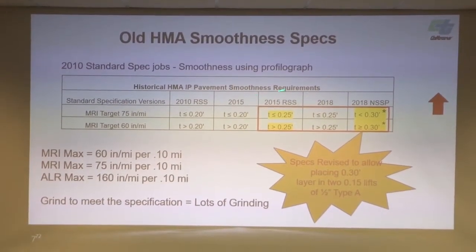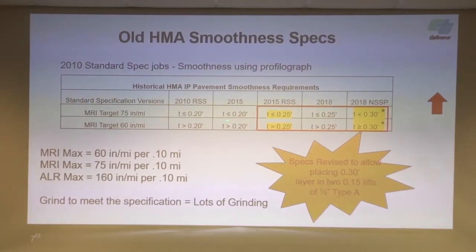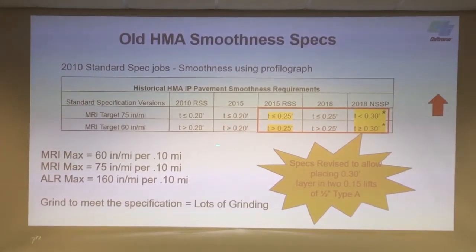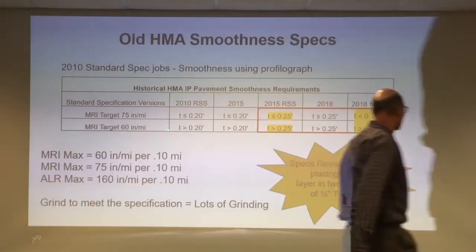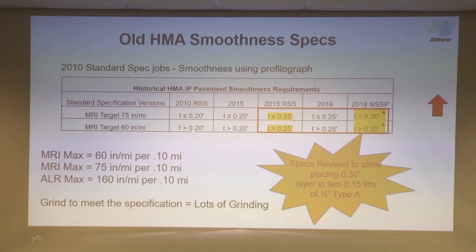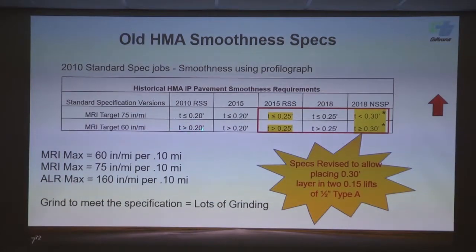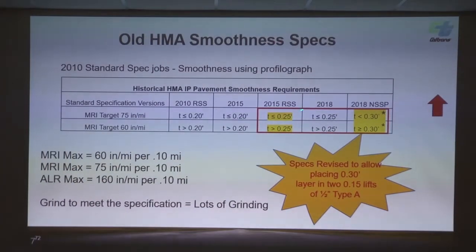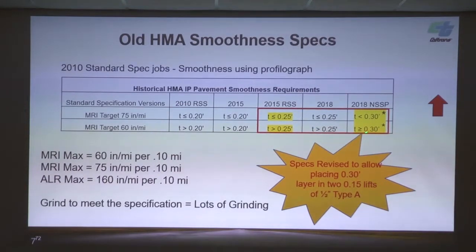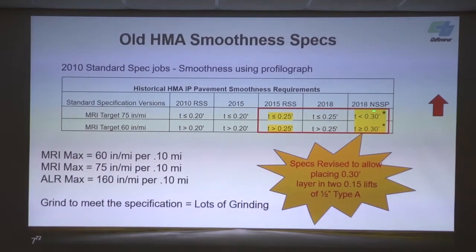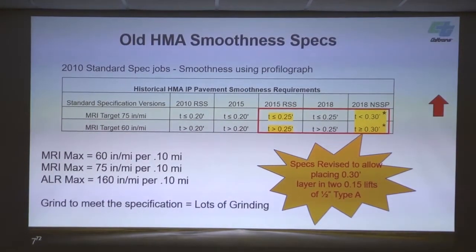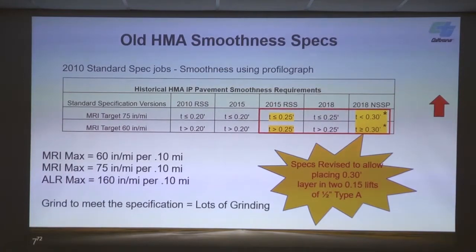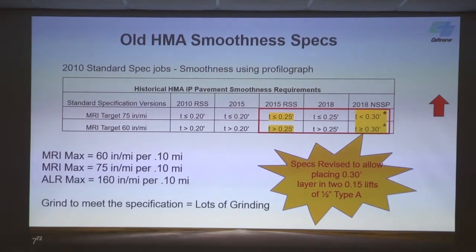So the purpose of this table here is just to show you the 5 different ways that we try to express 2 different things. So we used to say greater than 2/10, that's the 25 hundredths. That was going to be the 60 table. And we bumped it up to greater than 25 hundredths, which means 3/10 or greater. We basically said the same thing, but just greater than or equal to 3/10. So we're using the 3/10 terminology to have people better understand that if you have a 3/10 lift, that's the tighter spec, because you can break those lifts up into 2 lifts typically.